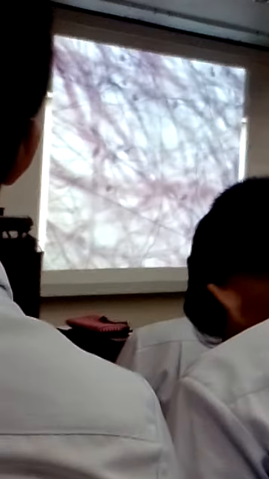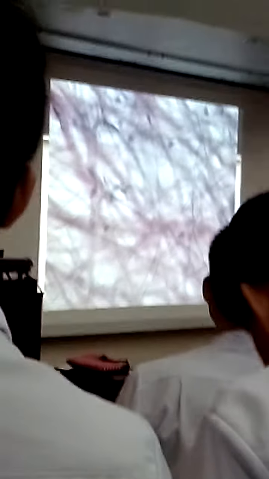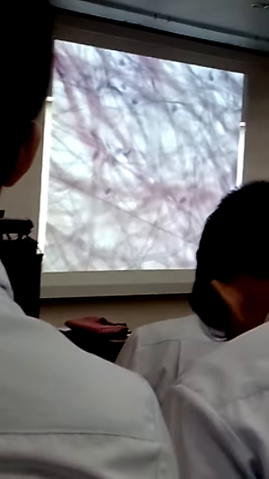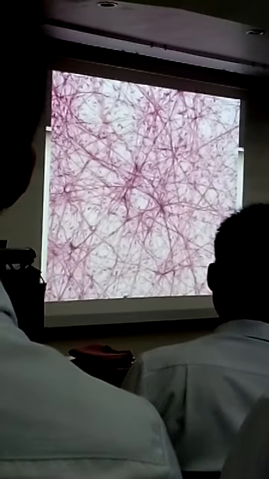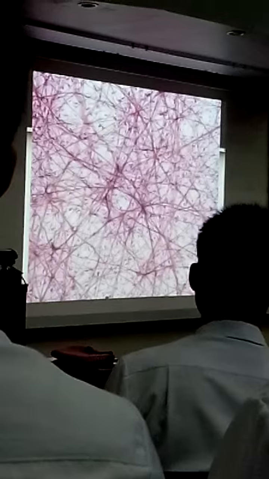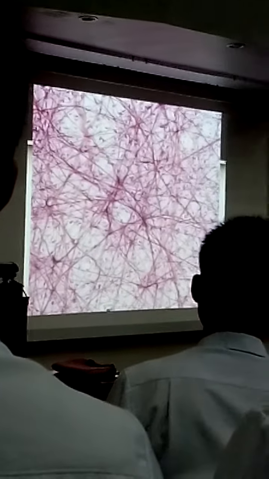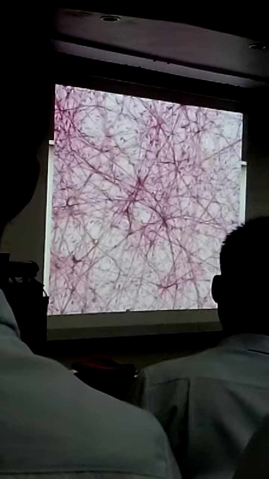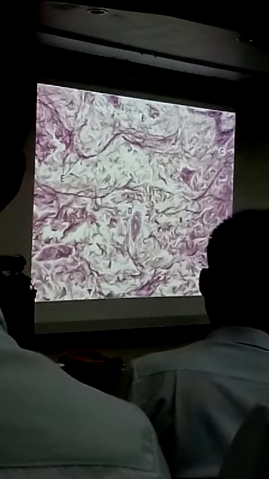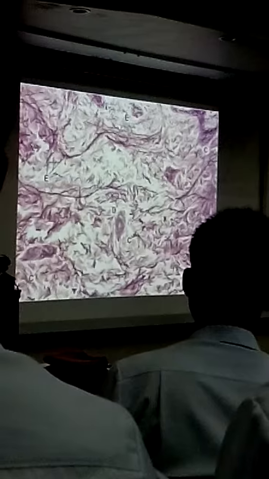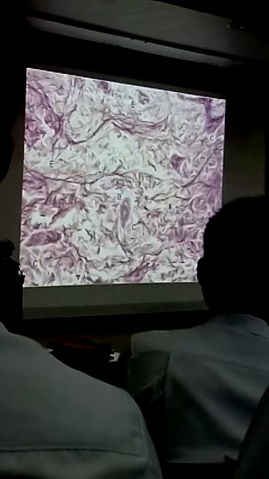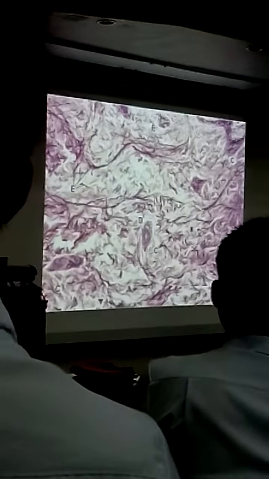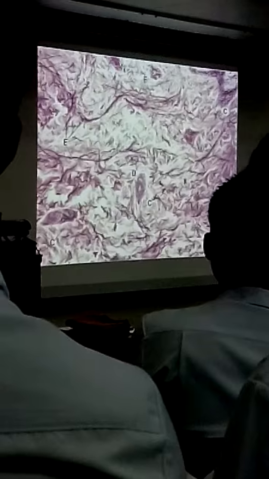So connective tissue fibers, it's another picture of the one we showed earlier. So you can see the elastic and the collagen fibers and some fibroblasts around. You can see the collagen, which is lighter staining, the one appearing violet are the elastic, and you still have the fibroblasts. I don't think I can see all these cells. It's not too clear. This is a better staining, I think, for you to see the difference between the elastic and the collagen. So the E are pointing to the elastic fibers, while the C are pointing to the collagen fibers.